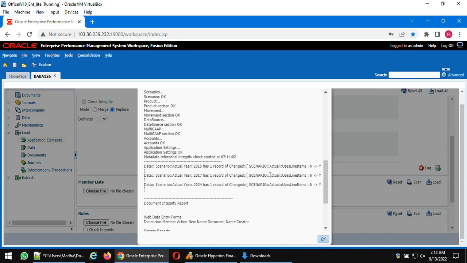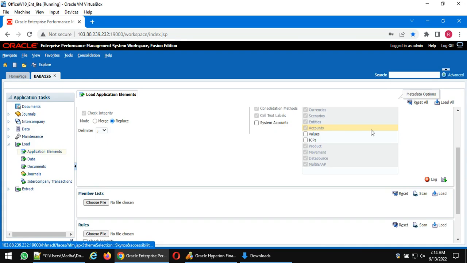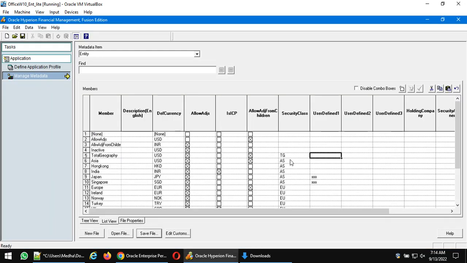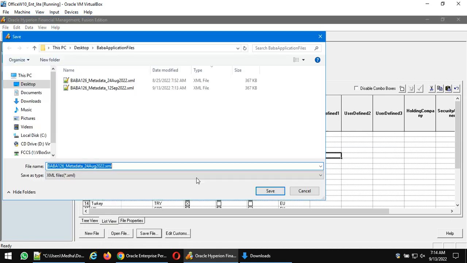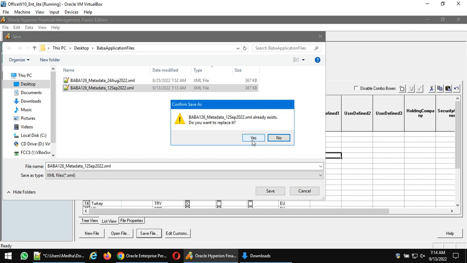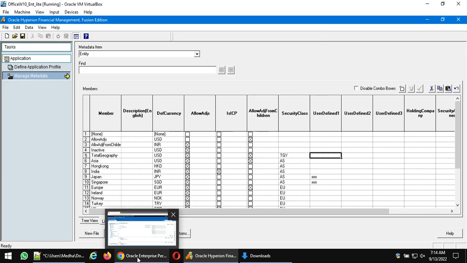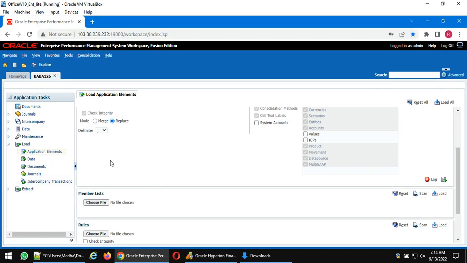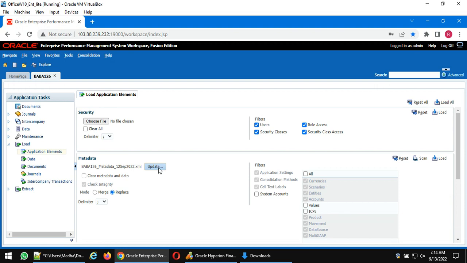Okay. So TG is already there. So we'll do one thing. We'll change it to TGY. Okay. I'll put it as TGY. Now save this file and load it. Done. Now again click on